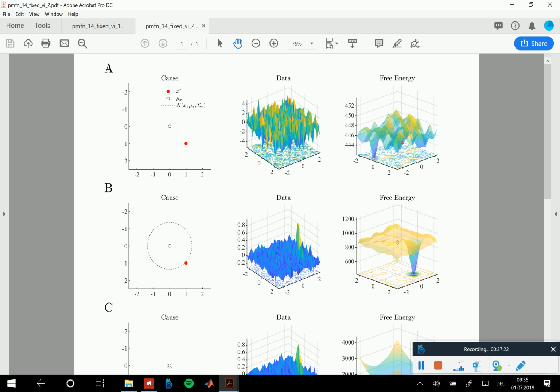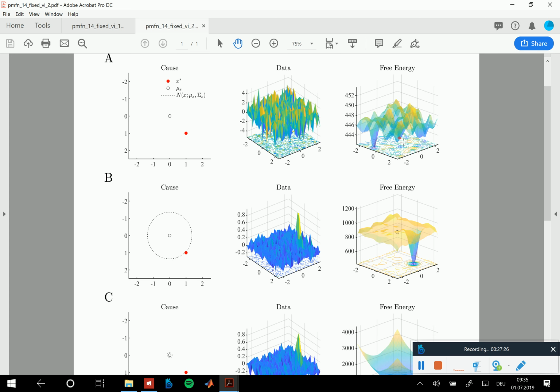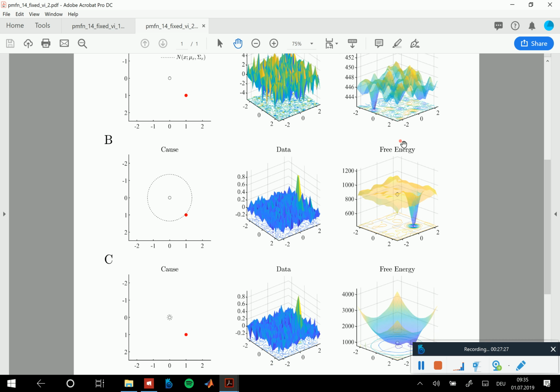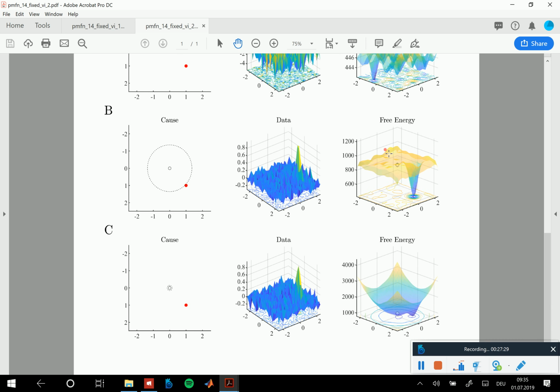It's kind of clear, but this also shows what's going on. The same also doesn't work, and this is why there was this relatively tight prior previously. If the prior uncertainty is a little bit broader, here the noise level in the data is not the problem. The problem is